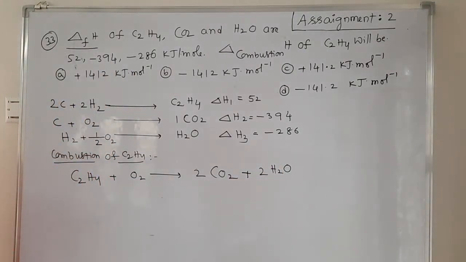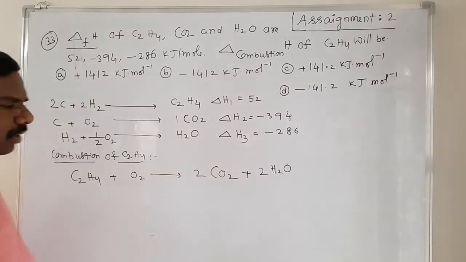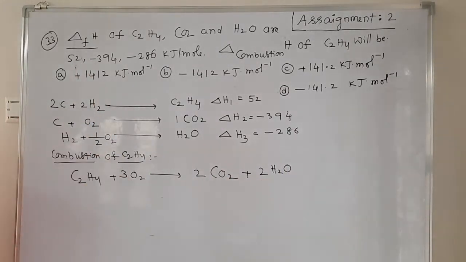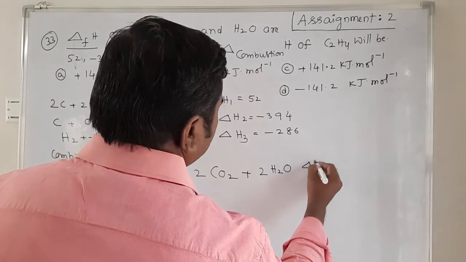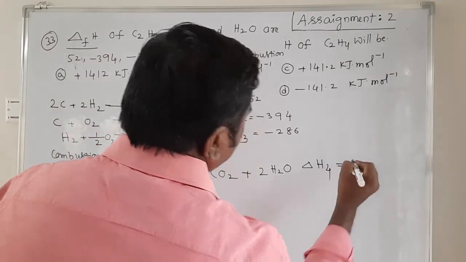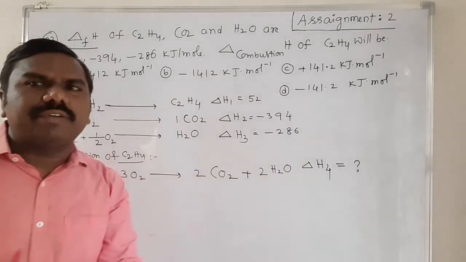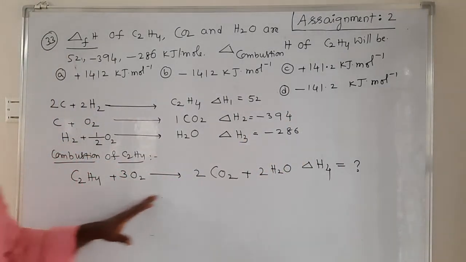Getting, students? 2 twos are 4 oxygens plus 2 ones are 2, total is 6. That's why I am taking 3 O2s. Then it is delta H4, students. H3 is completed already, H4 is required for us. This is called enthalpy of combustion. Formations are given, combustion is required for us. To get this equation,